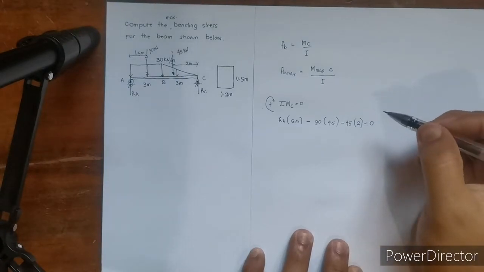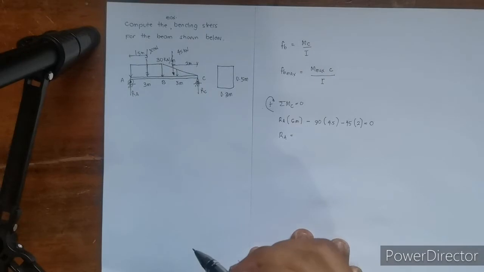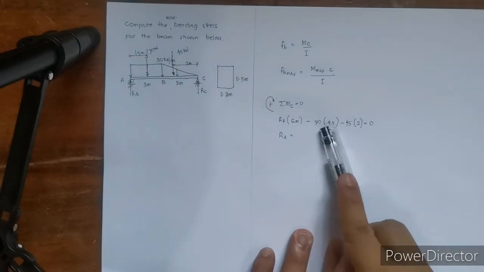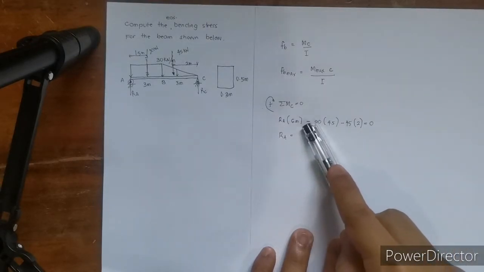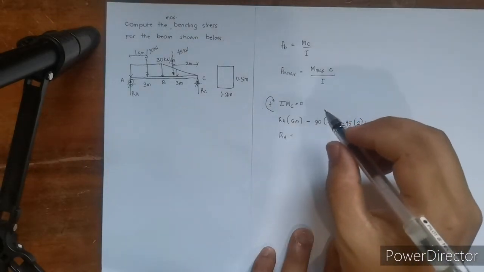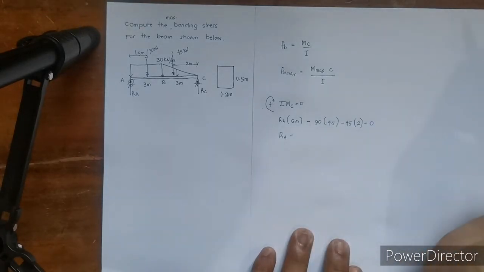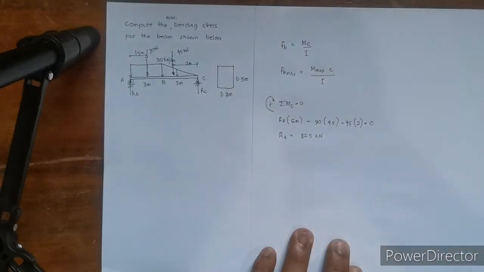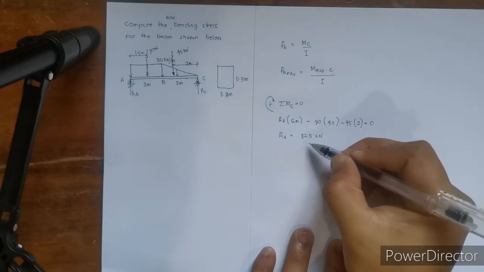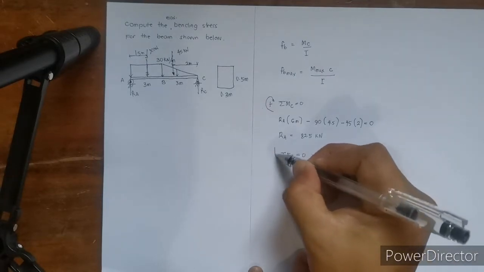Equivalent to 0. So, solving for the reaction at point A, it will give us a value of 90, this is 360, 405, and then plus 90, 495 divided by 6, that is 82.5 kilonewtons times 6. Okay, so tama. And then, we will take summation of forces along vertical axis equivalent to 0, taking upward forces